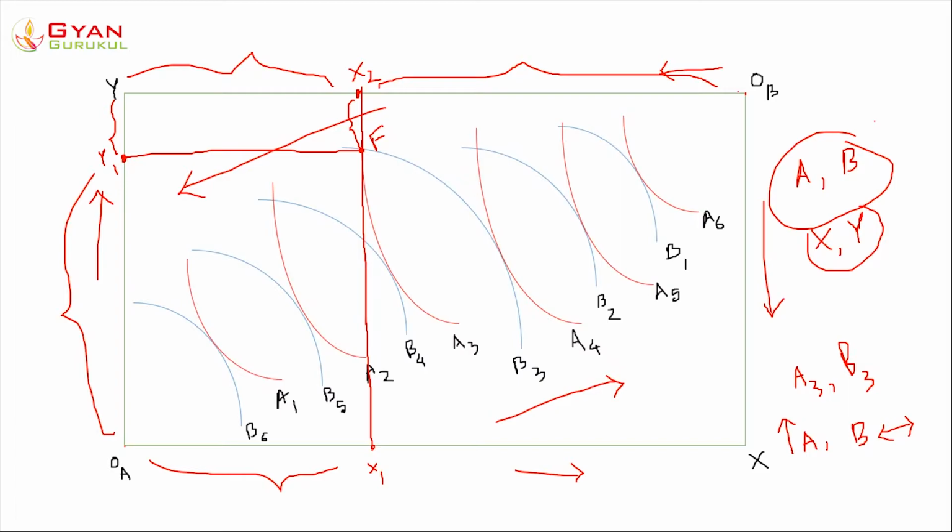One may remain constant. His position may remain constant. But if one is getting better off, there is nothing wrong in it. Clear? That would be better for the society as a whole. You can say it the other way: suppose the utility level of B increases, but the utility of A remains constant. That would also be better for the society, because at least one is getting better off. No doubt the other is remaining constant, but if one is getting better off, that is good for the society.